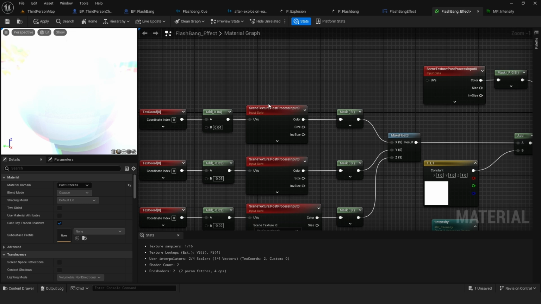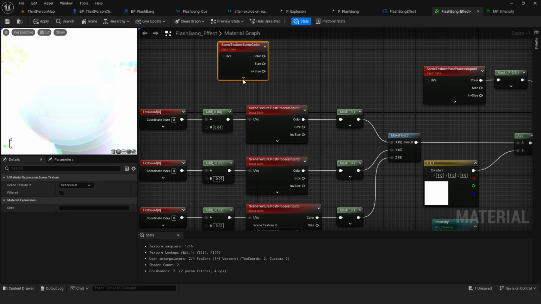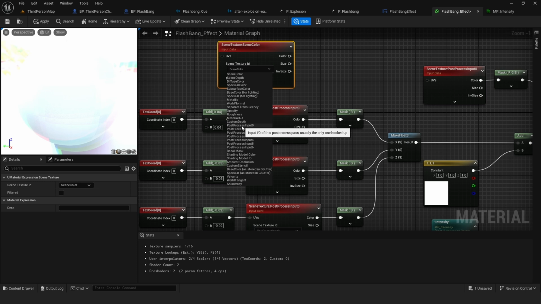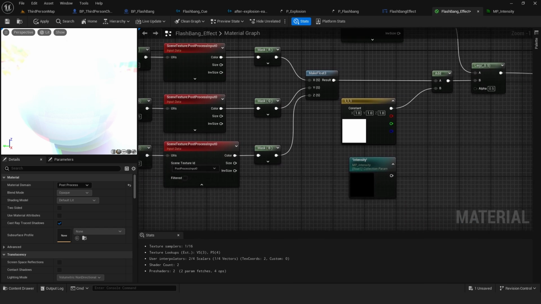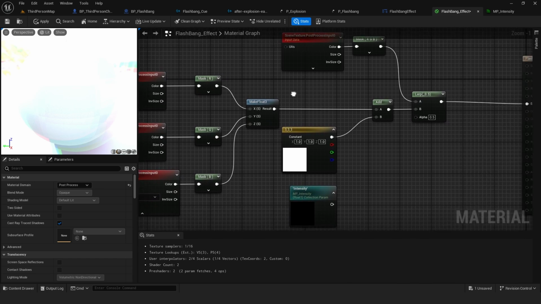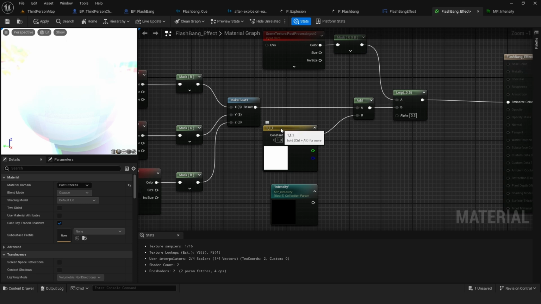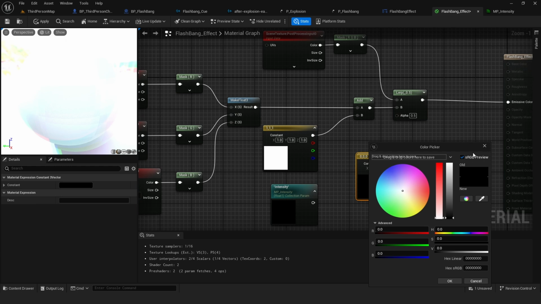Okay, and so the way you get this node is by typing scene texture, and here in scene texture ID we want the post process input 0. Then we want a mask for the red channel, a mask for the green channel, and a mask for the B channel, and we want to make this a float. This float we're going to add to a color. I think this is achieved by pressing 3 on your keyboard and then left click, and here you can select whatever color you want. In my case I chose white,